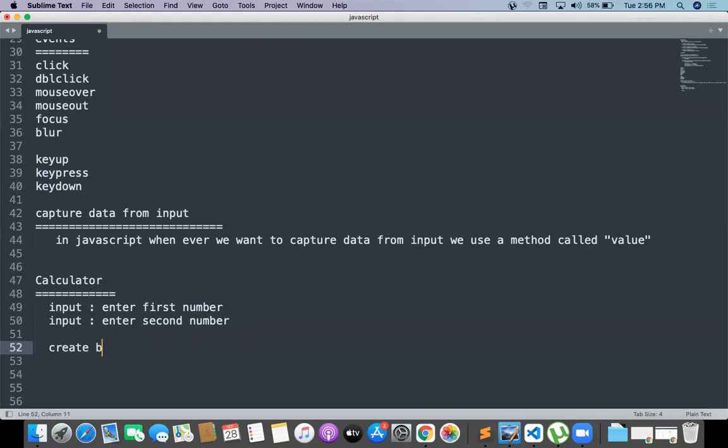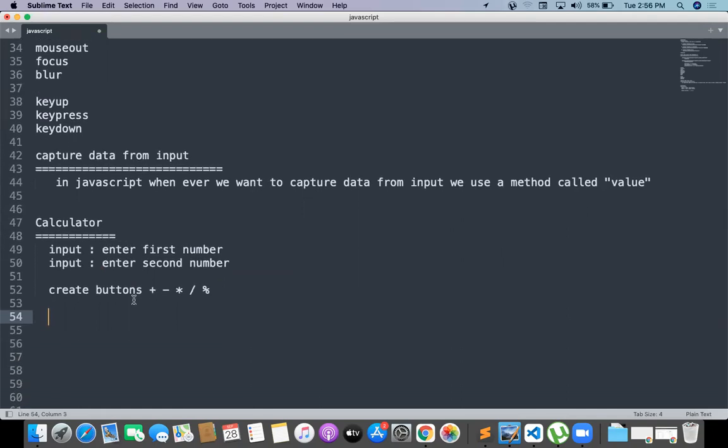Create buttons like a plus button, minus button, star button, slash button, percentile button. And we need to do some arithmetic operation when we create an event.